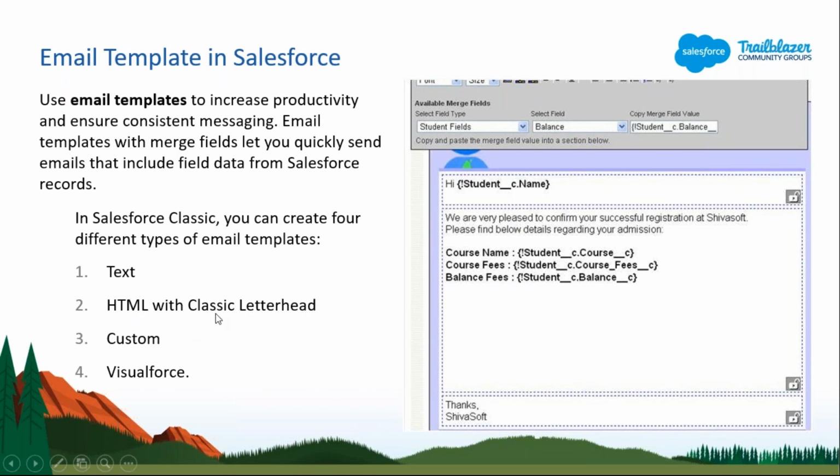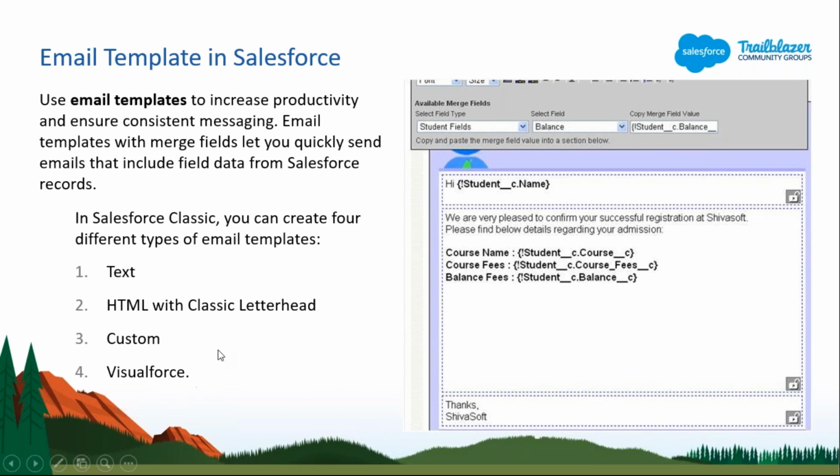But for this you have to create a letterhead first. So we'll be going through this as well, and custom HTML. This will also be a custom HTML template. So here you don't need this letterhead. You can write your HTML code. If you are familiar with HTML, you can write your custom HTML code, like what kind of page you want to display in the email template. In your email template, you can create it by using your HTML tags.